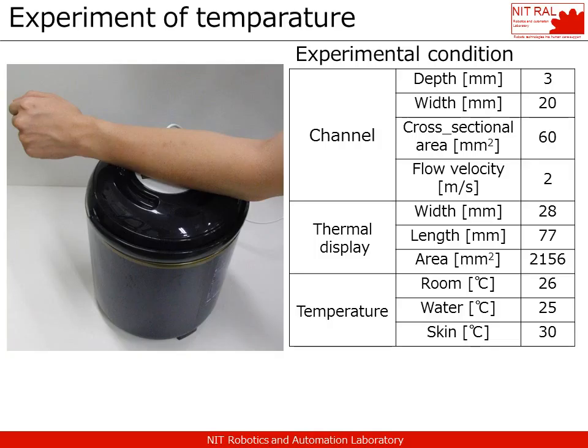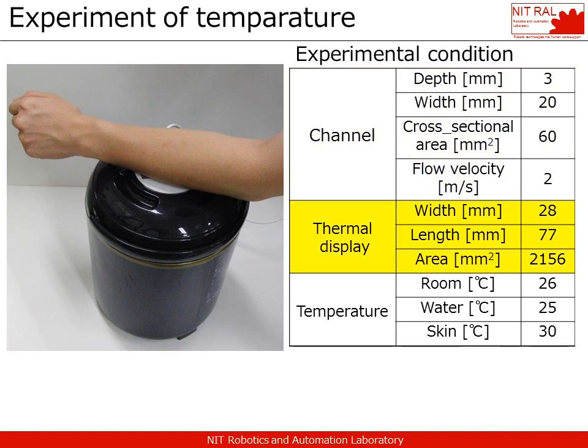We performed the temperature presentation experiment, touching the arm on the thermal display. The depth of the channel in the thermal display is 3 mm, the width is 20 mm, the cross-sectional area is 60 square millimeters, and the flow velocity of the thermal display is 2 mm per second. The width of the thermal display is 28 mm, the length is 77 mm, and the area is